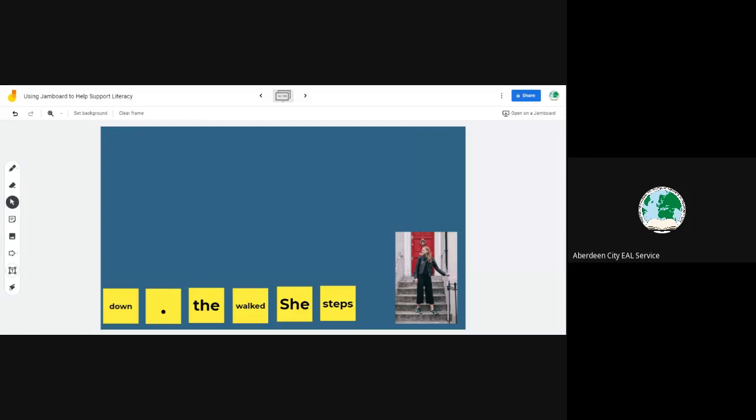And by doing this, it also means that you can explain about sentence structure, about looking for the capital letter to help you decide which word starts the sentence, about remembering to have the full stop at the end, and thinking about word order and things like that. So that's just really helpful if you've got the video tutorial to go through this with your EAL pupils and other pupils as well. Once the pupil has built the sentence, like so,